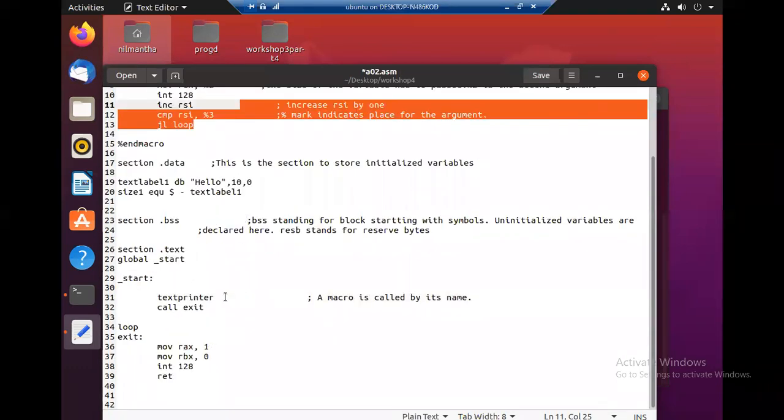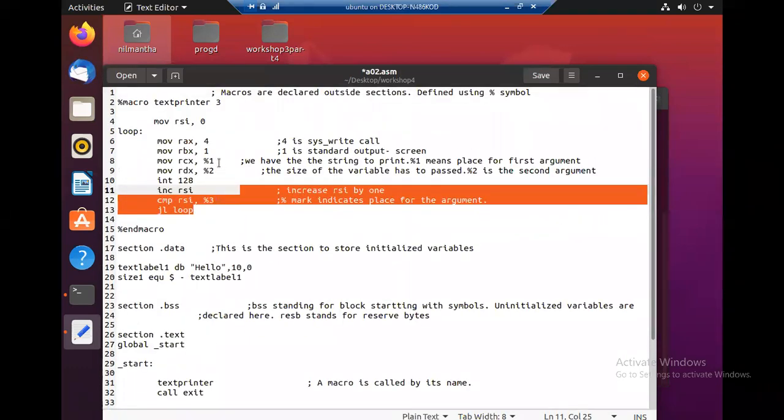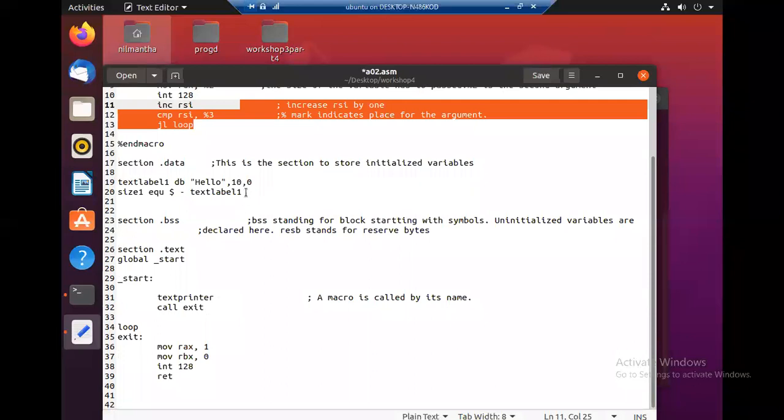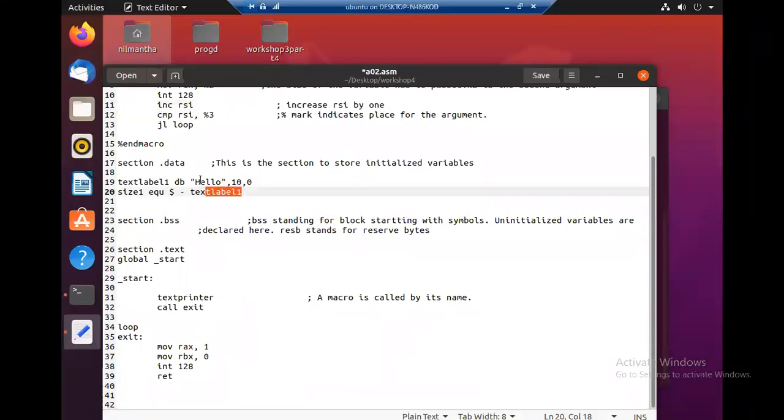For example, the first argument is the text to be printed. So in the data section, we must have the text. It is text label 1. So the first argument is text label 1.